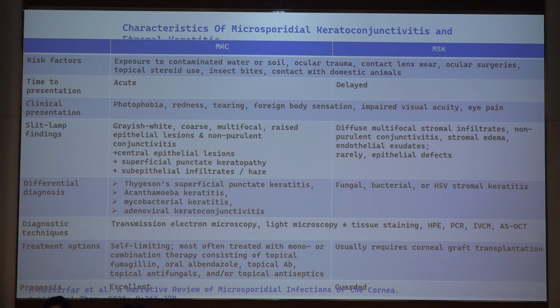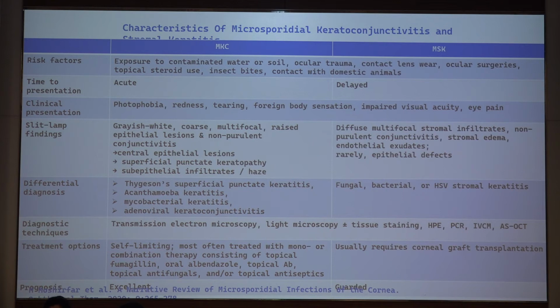Whereas in a multifocal stromal infiltrate, primarily it would appear as a stromal infiltrate, or it could be a keratoconjunctivitis, an epithelial keratitis that is progressing in terms of chronicity and going on to a deeper infiltration. I'll show you subsequent pictures on that, and we can talk more about it then.